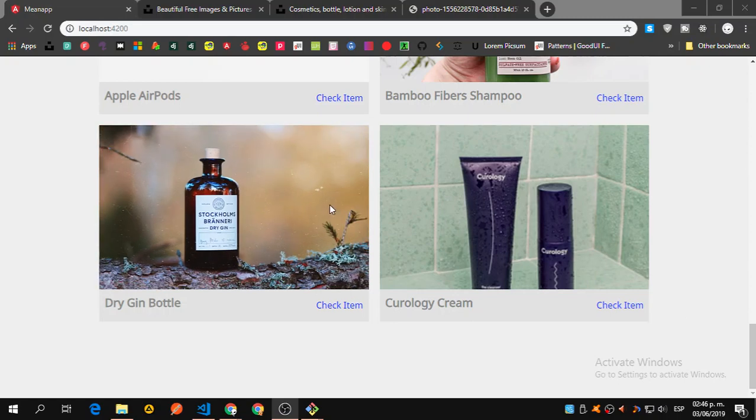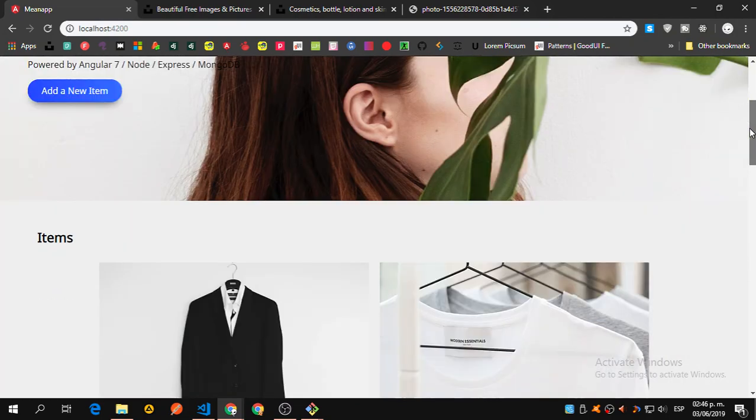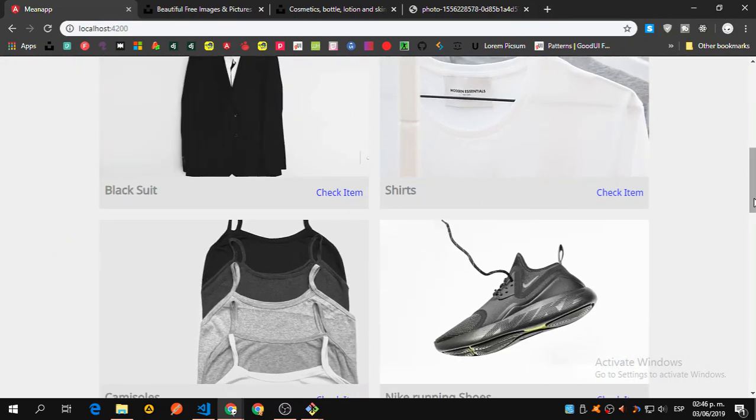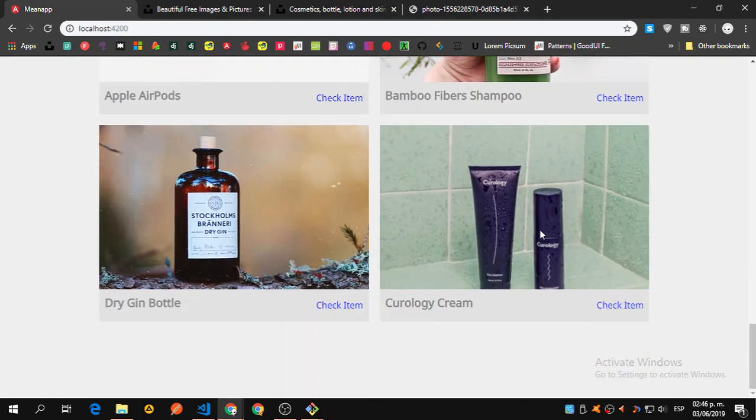Hey guys, so this time I bring you mini items with min stack. It's similar to the main stack application we have. So I added this one, but